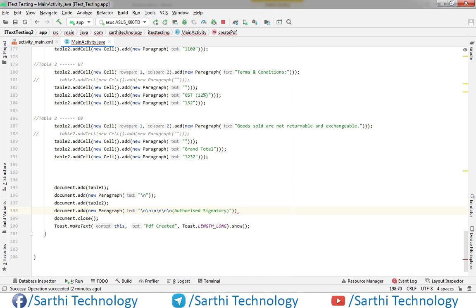And after that we can also make some new line, semicolon.